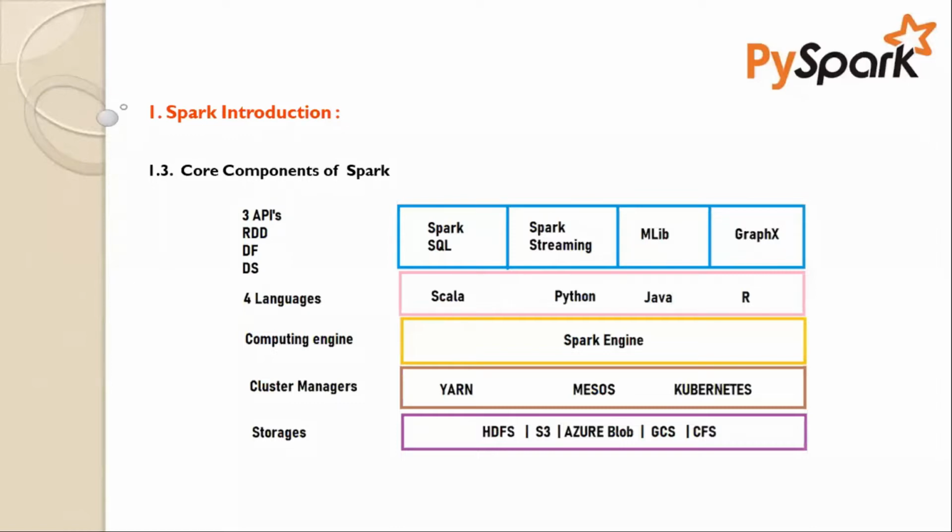As a big data engineer, especially for batch-oriented applications or projects, generally people use Spark SQL. For data science related work, MLlib and GraphX will be used, and for streaming applications, Spark Streaming will be used. So no need to worry if you are good at only Spark Core and Spark SQL. That's enough for interview purposes. If you know Spark Streaming and others, it will add a benefit to your resume. This is about the core components of Spark that we discussed during session 1.